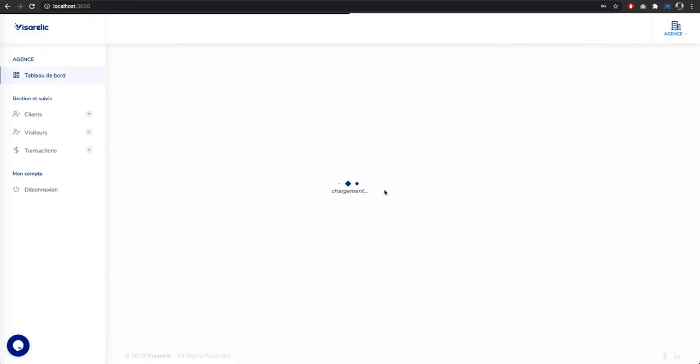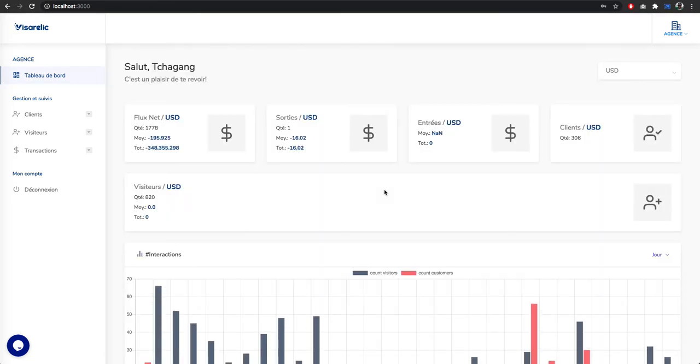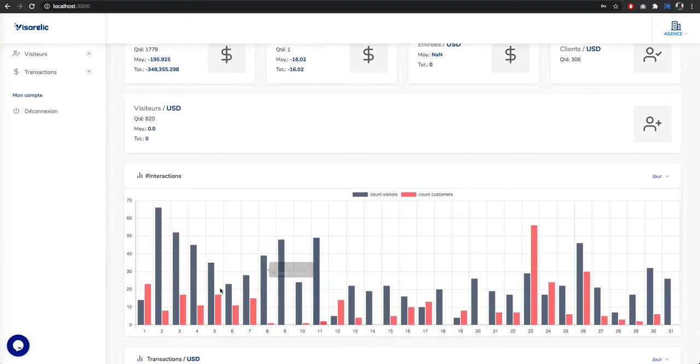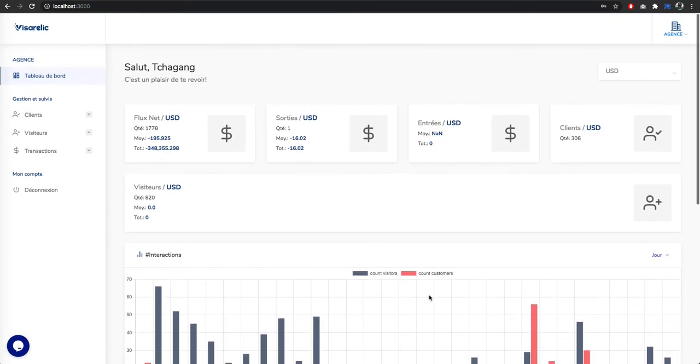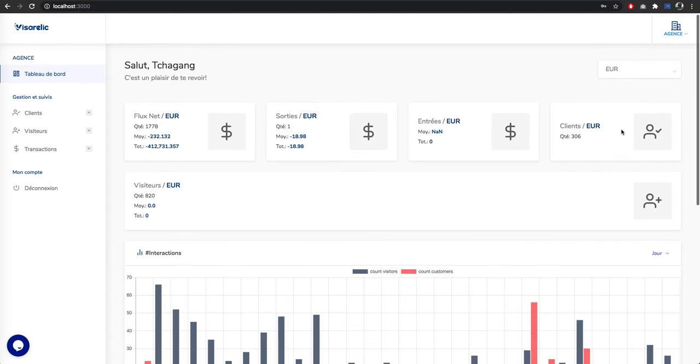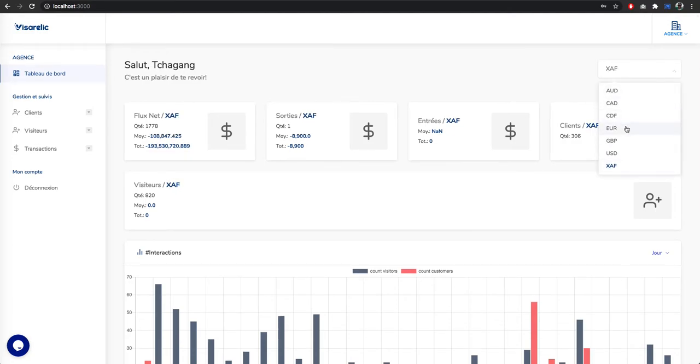Right now it's taking longer because I'm using more data to build this dashboard. That's why it takes longer. Okay, so right now I have better charts. I think this chart is better than the one that I had. What's important there is that now you can change the currency directly on this dashboard to see different values there.